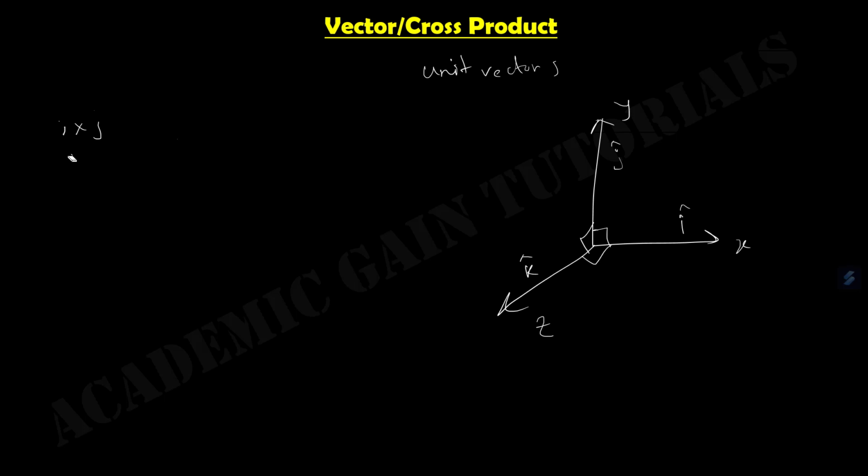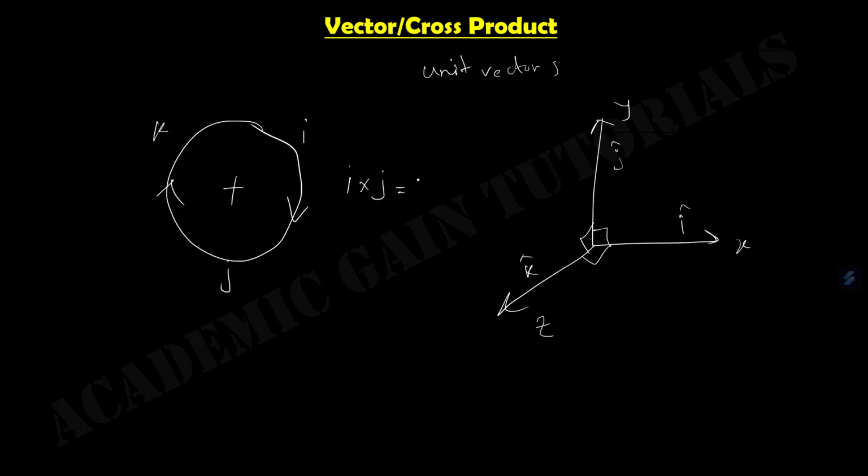For that, we will draw this kind of symbol, and this is i, this is j, and this is k. When we rotate this clockwise, then we will get the positive signs of the unit vector cross products. That means when i cross j we will get k vector, when j cross k we will get i vector, when k cross i we will get